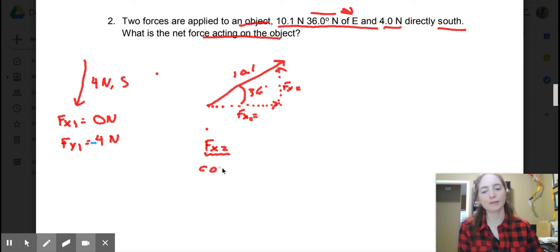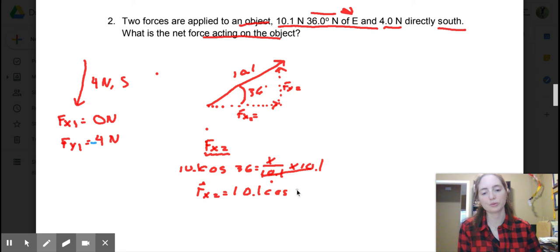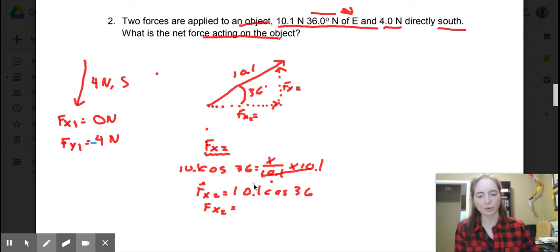So my cosine of 36 is going to equal my value of my force on the x over my hypotenuse, which is 10.1. Now I'm going to rearrange this by multiplying by 10.1. So those are going to cancel. So my force on the x for object 2 is going to be 10.1 times cosine of 36. Once you put that in your calculator, making sure it's in degrees, you're going to wind up with